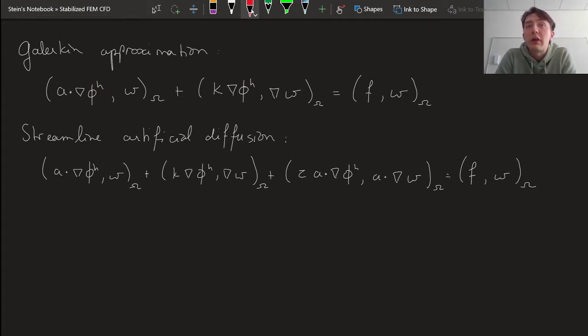Now we found that is actually a very unstable type of numerical approximation, and that's why we started fixing things by introducing an artificial diffusion, specifically a streamline artificial diffusion, and thereby adding this term here. Right? That's what we did in the last two videos. So there's a bit of a problem now going from the Galerkin approximation to the streamline artificial diffusion formulation that